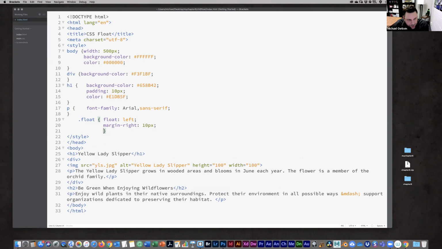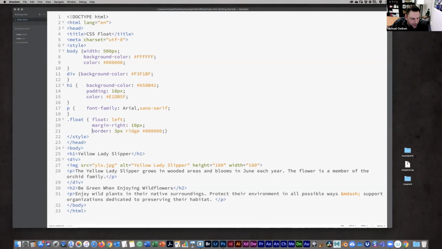And we're also going to add a border around it. We'll make that 3 pixels, ridge border, and we'll make it black. All right, so I got that class selector there. And now the only thing I need to do is we're only applying that float to the image, right? Because we want that image to go to the left and everything else will wrap around it.